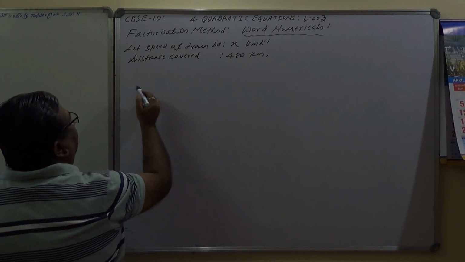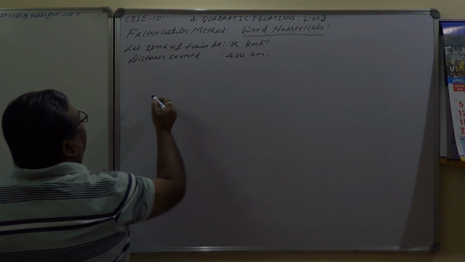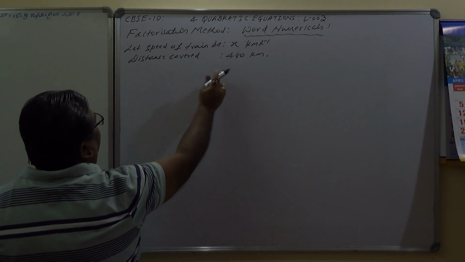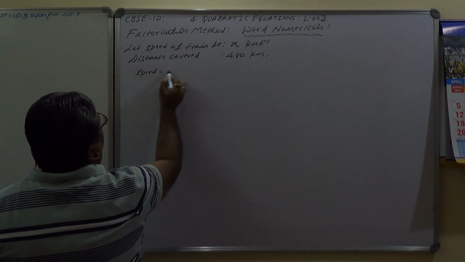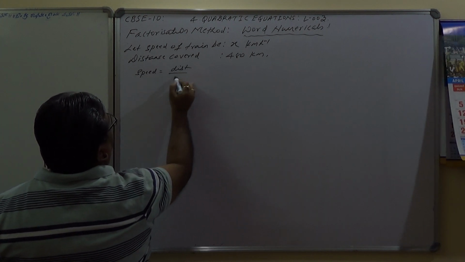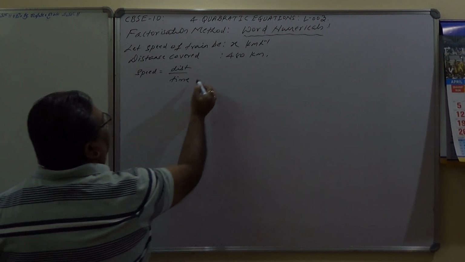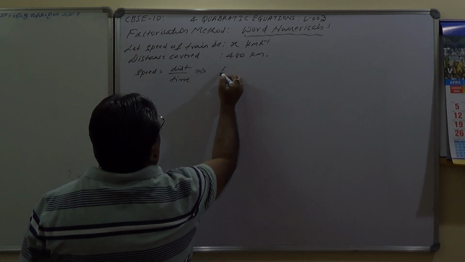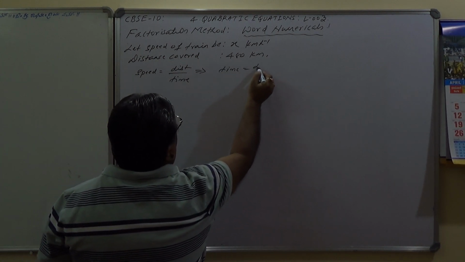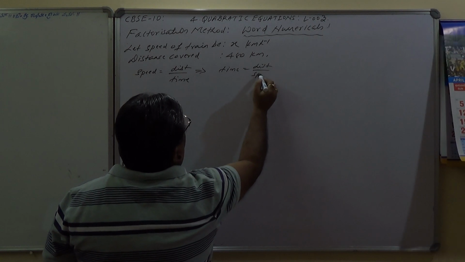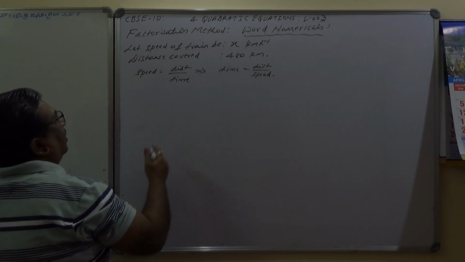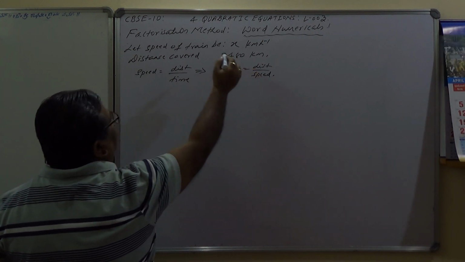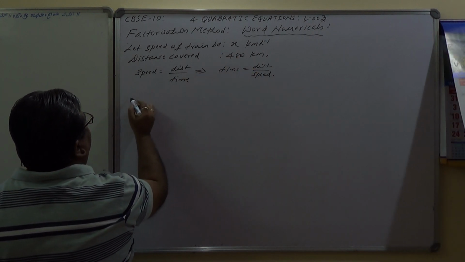Okay. So the formula here in this case, speed equals distance upon time, implies time equals distance upon speed. This formula we are going to use. Now, time to cover 480 km with x kilometers per hour. First case,